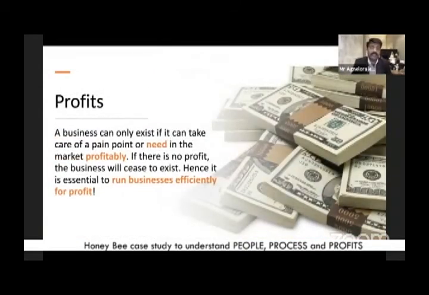I'm at the last of the presentation, the last word, which is profits. Friends, let me tell you something. It is very important for us to support businesses which make profits, because businesses which impact the economy, which impact people's lives, and which enhance the value of people need to be supported and need to be grown. I have a strong philosophy in life where I love to say that profits in good hands develops the society. I will like to repeat this statement. Profits in good hands develops the society. So profits is critically important.